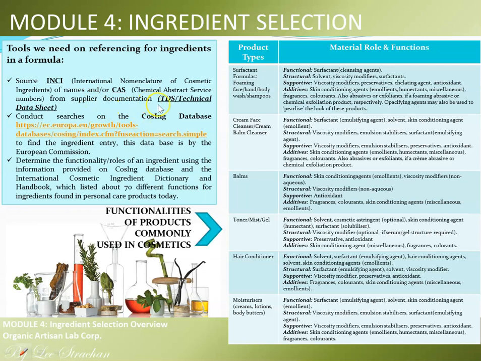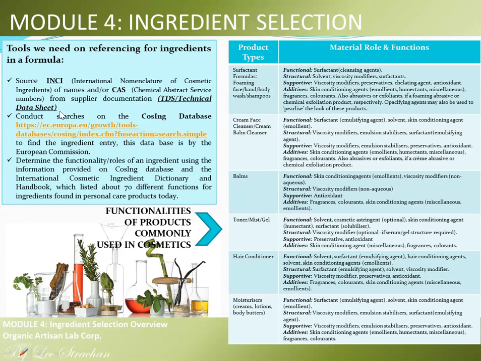These could be a TDS, or Technical Data Sheet, and sometimes you are provided with a product data sheet. I'll give you an example later so that you become familiar with all this. So the INCI and/or the CAS comes from the documents that the suppliers provide to us whenever we purchase this particular material